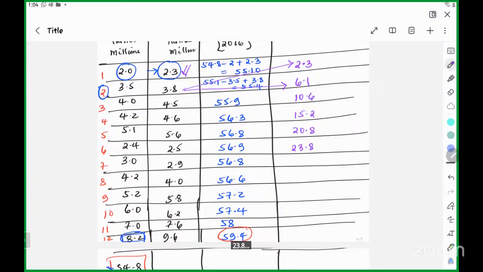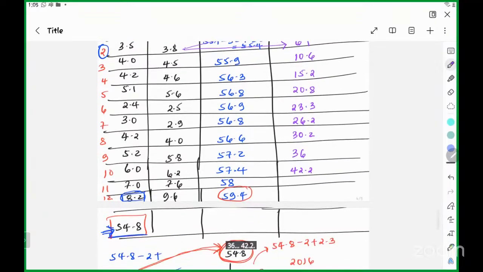23.8. Come again, brother. You read me 15.2, 20.8, 23.8. Keep going. 23.3, 26.2, 30.2, 36, 42.2, 49.8,